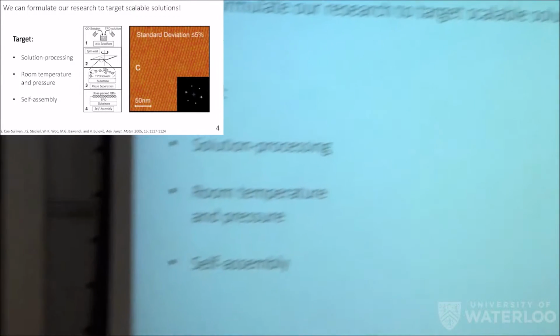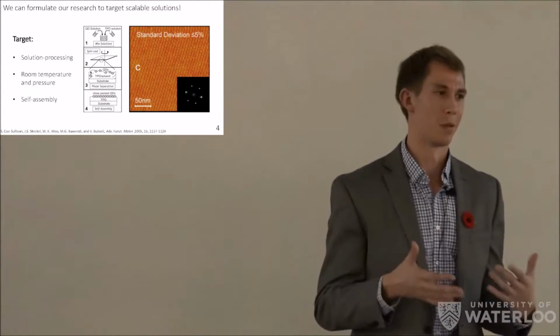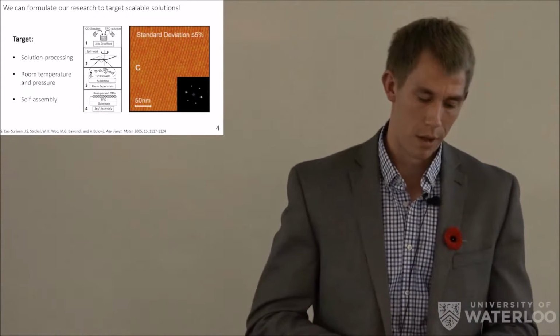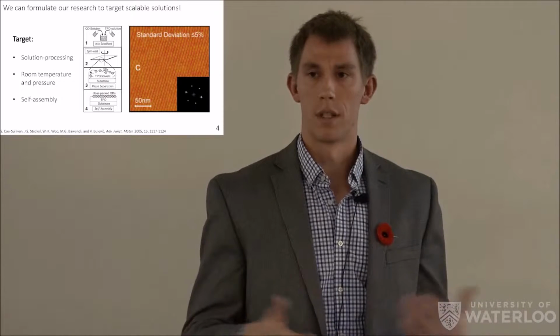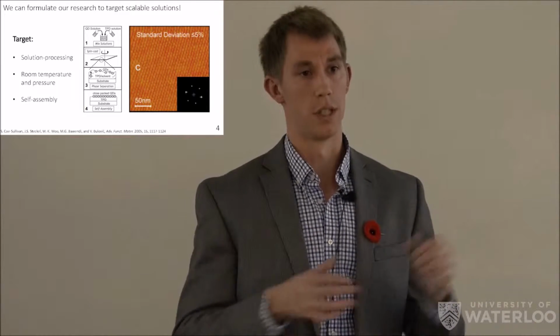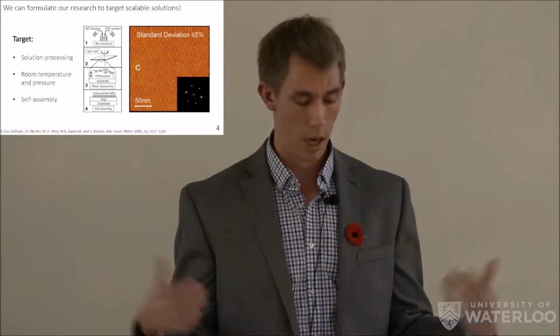You want to target what are now essentially buzzwords, but they're buzzwords for a reason. They tell you that you can actually do this at scale. If you're talking about quantum dot processing, for instance, we can do solution processing, solution synthesis of these quantum dots. Basically, as large as your bath is, that's how many quantum dots you can make. So very effective